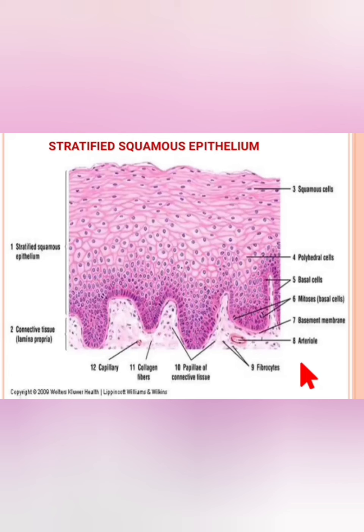This is stratified epithelium. You can see this is multi-layered epithelium. In stratified epithelium, only the basal cell layer rests on the basal lamina. And we can classify it on the basis of the shape of the cell. Stratified epithelium also has three basic shapes, and these are stratified squamous epithelium, stratified cuboidal epithelium and stratified columnar epithelium.